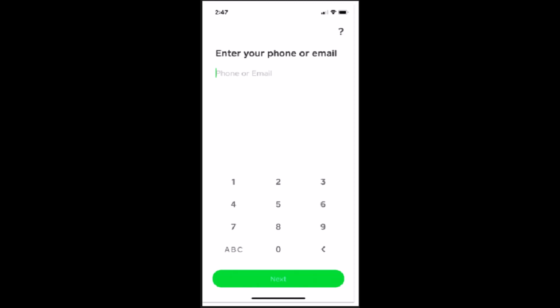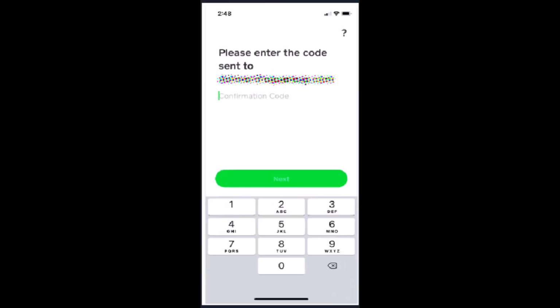You'll need to provide in your phone number or an email address, either one of these following options. After done entering your information, click on the next button located right at the bottom. In order to verify your contact information, a verification code or an OTP will be sent through an SMS or an email, and here you'll need to enter in or provide the verification code and click on the next button